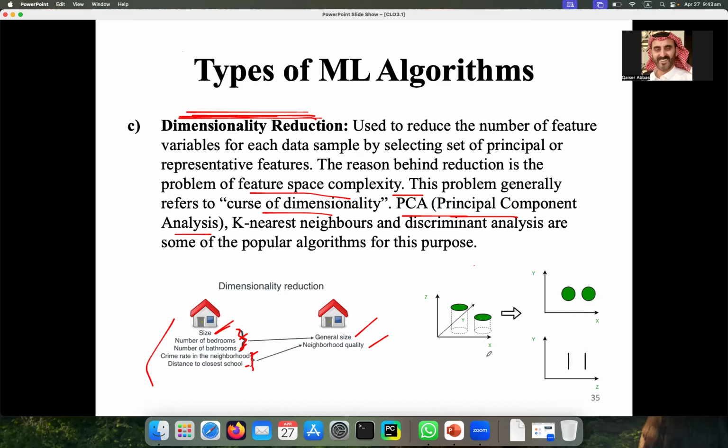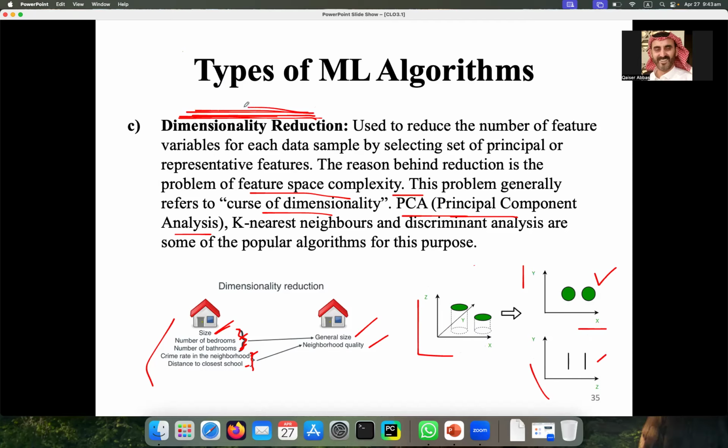And similarly here, if it is some visual data and it has X, Y, and Z, 3 dimensions, and after reduction it will have only X and Y directions, and then the pictures will be displayed in this format. Or it will have only Z and Y, then the pictures will be displayed in this format. Okay. So it is giving you an idea that